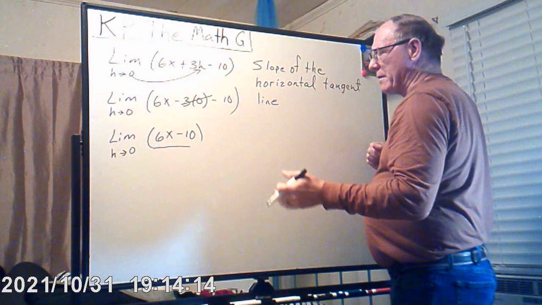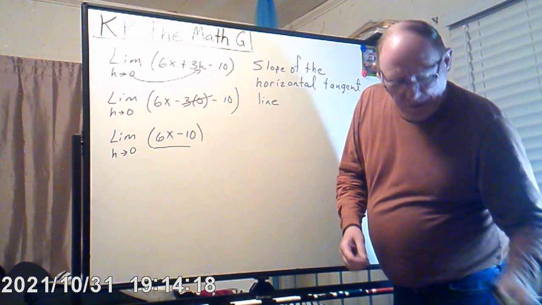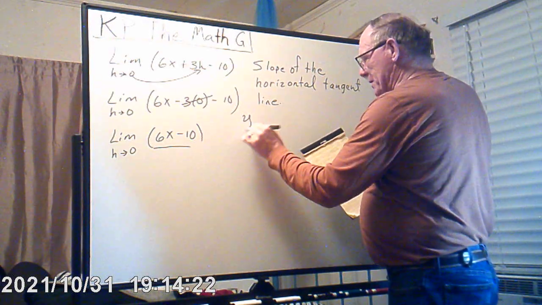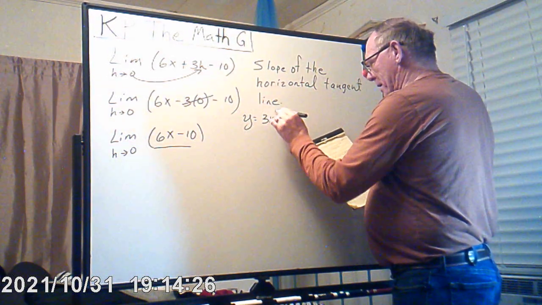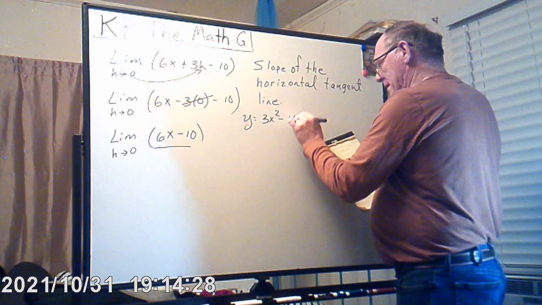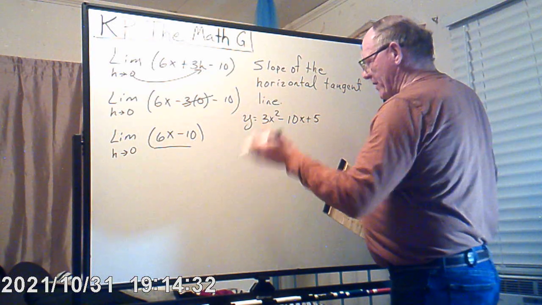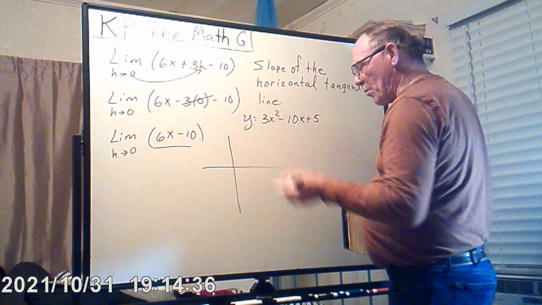Now, of course, we were dealing with this equation here, y was equal to, and I don't want to get into this too much, 3x squared minus 10x plus 5. What that simply means is this is going to be somewhere, I don't know where it's going to be,